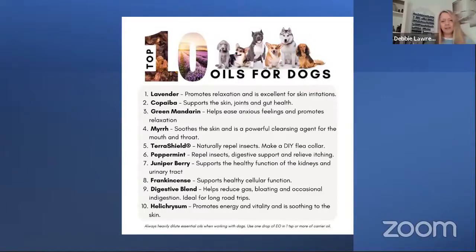And it's really, if you look at it, similar 10 oils for your dogs. You've got your lavender again, copaiba, green mandarin, help ease anxious feelings and promote relaxation. You've got your myrrh to help with the skin. Terrashield, we've said about making a collar. Peppermint with our dogs repels insects and digestive support and relieve itching. Juniper berry, same. Frankincense for cellular function. Zengest to help them if they're a bit poorly in the tummy area. And helichrysum again. So there's a lot of oils that you can safely use. There are more than this, but this gives you a little idea, because I know you want to do it